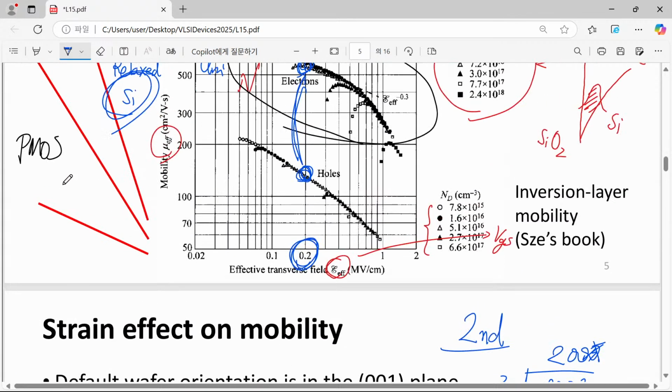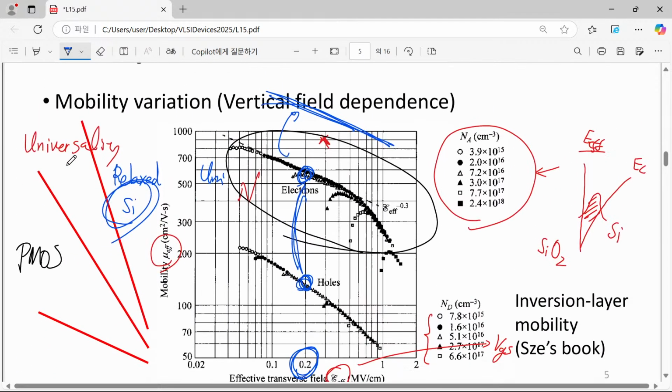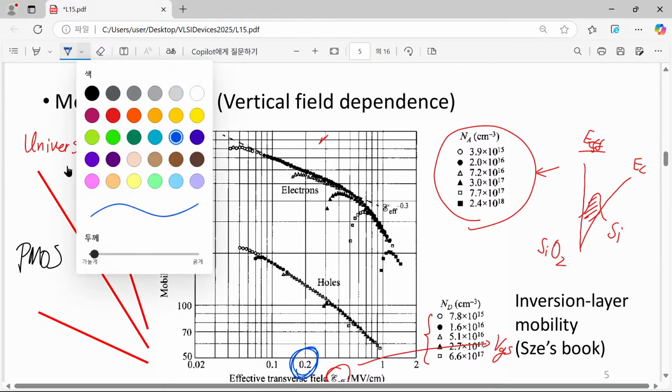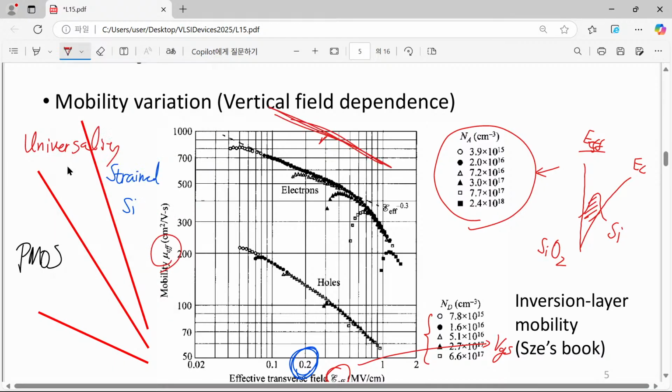So nowadays people are using it in that way. Instead of this relaxed silicon, now we wanted to use strained silicon. Of course, all of our hope is to increase the mobility. What we wanted to do is have this line and have this line. Wow, that will be the perfect one. So they have made certain theoretical and experimental efforts, and they have found that for both our PMOSFET and NMOSFET, we have knobs